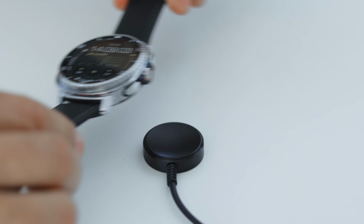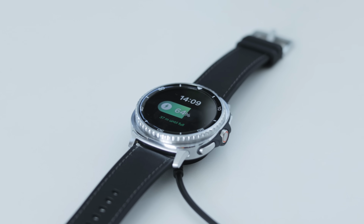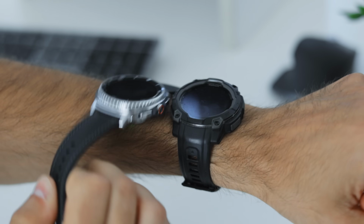And I don't know about you, but I am not using a watch that I have to baby and to charge every single day. Right after finishing this review, I'm going back to my Garmin Instinct 3 with its 2-week battery life. Now, it would be good if there was something new with faster charging, but no, there's